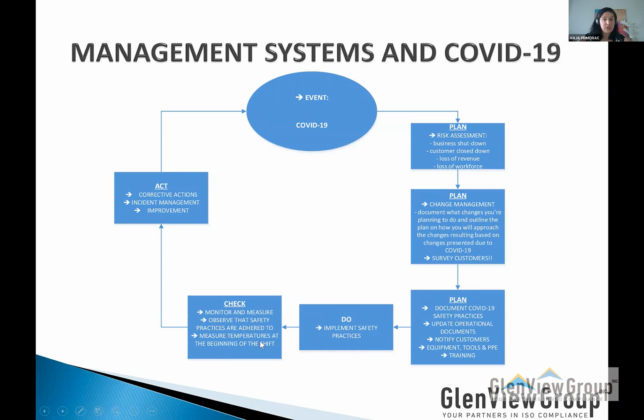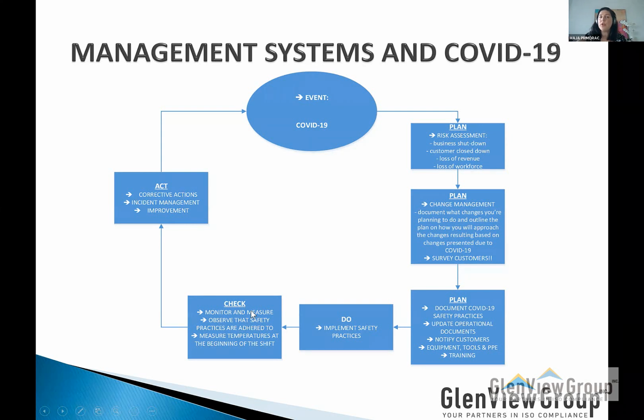Not to say you need to measure temperatures at the beginning of every shift, but maybe you can ask the personnel to measure their temperature before they leave home, again depending on how severe the situation is in your area. And then implementing corrective actions depending on the monitoring and measurement of your system.